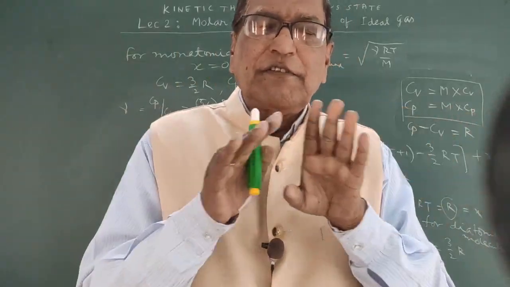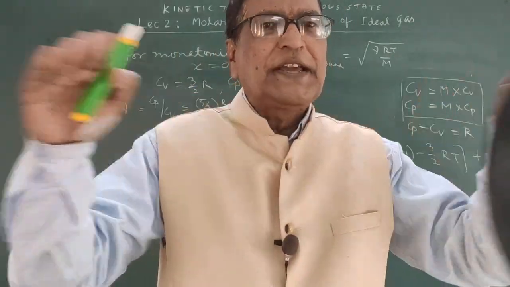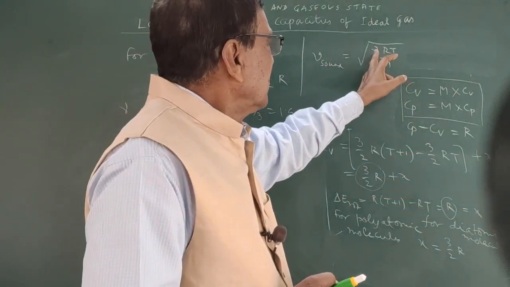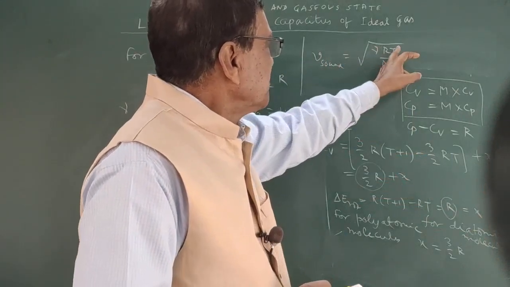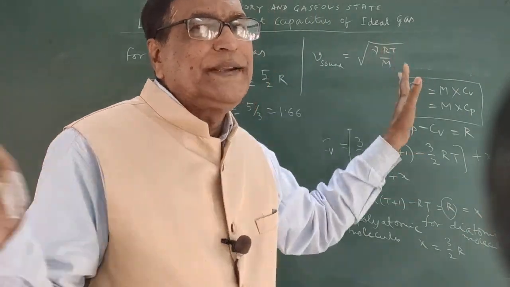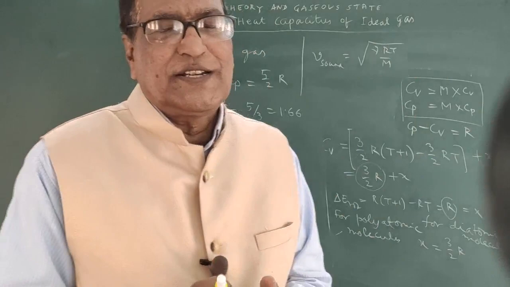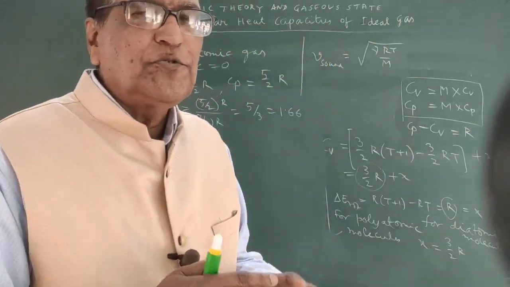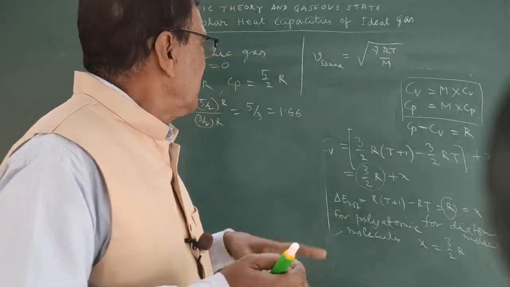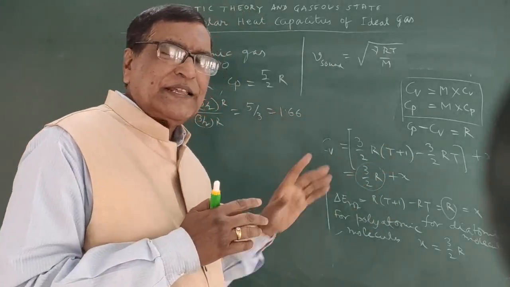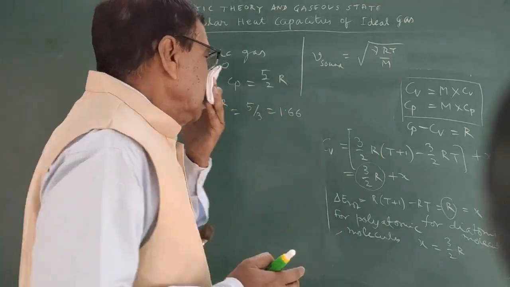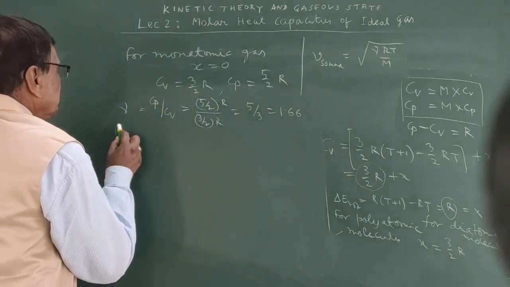By measuring the velocity of sound in a gas at a temperature T and the gas having molar mass M, gamma could be determined. R is the universal gas constant. So if the value of gamma is 1.66, then it is definitely a monoatomic gas. For diatomic gas,